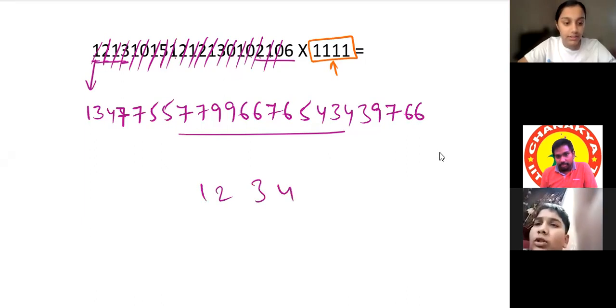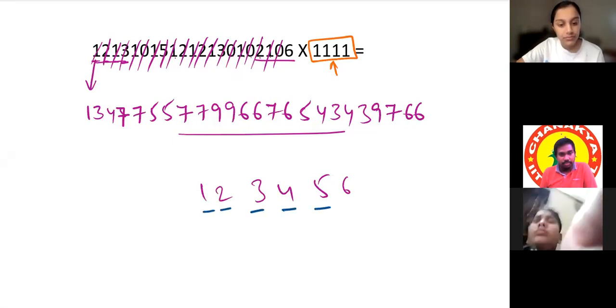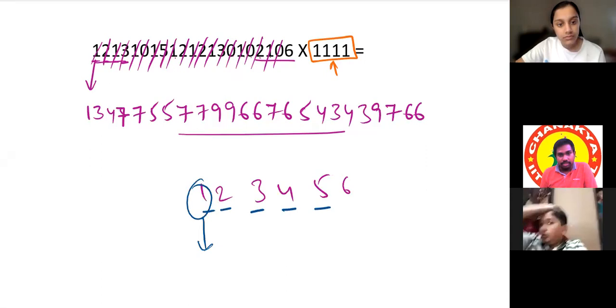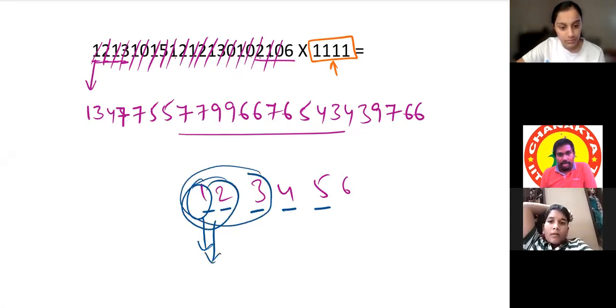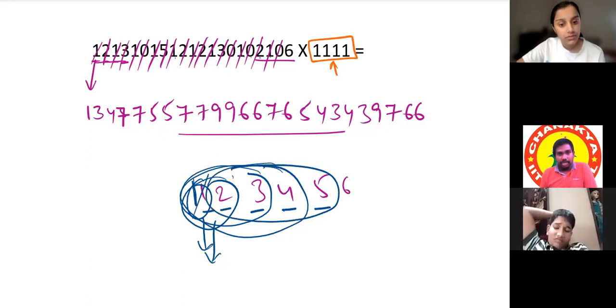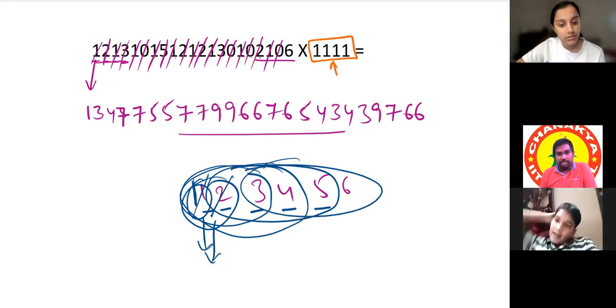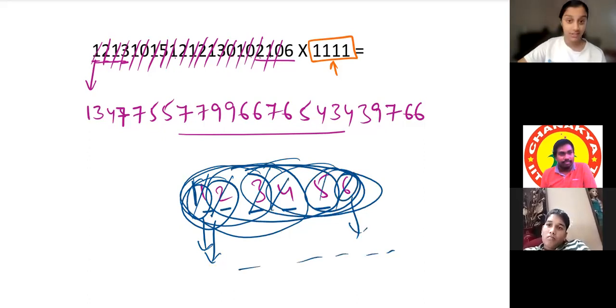See, these are not numbers. These are just digits: the first digit, second digit, third digit, fourth digit, fifth digit. Take the first digit as it is, then first and second, meaning adding. First, second, third, and first, second, third, fourth, up to reaching 4 digits from the beginning only. After reaching 4 digits, cancel the first digit, next 4 digits. Cancel the second digit, next 4 digits. Cancel the third digit, next 3 digits, next 2 digits, next 1 digit only. In that way.